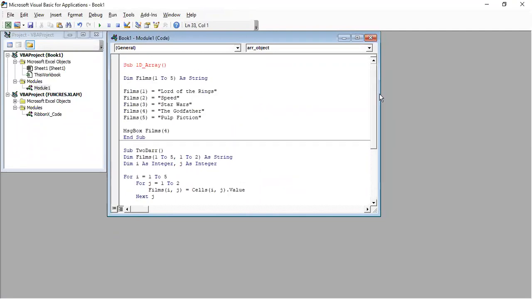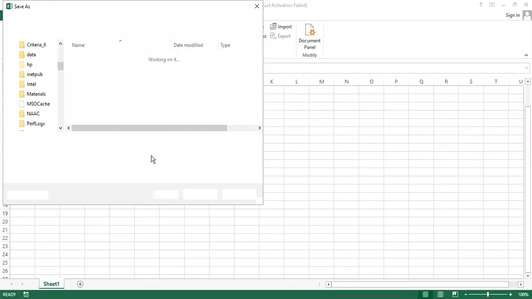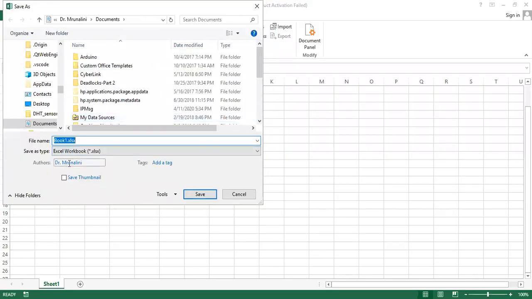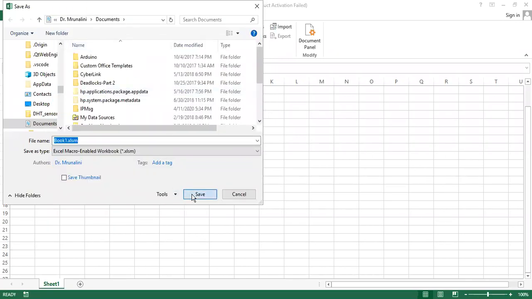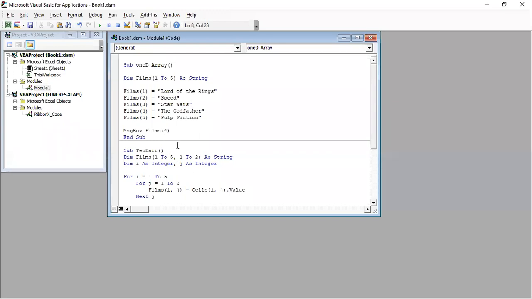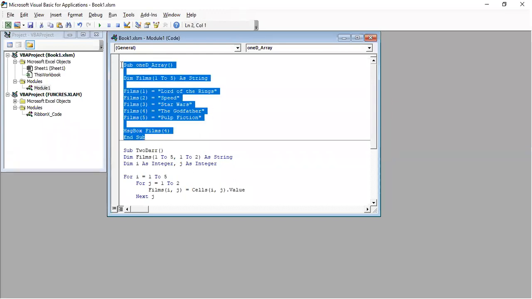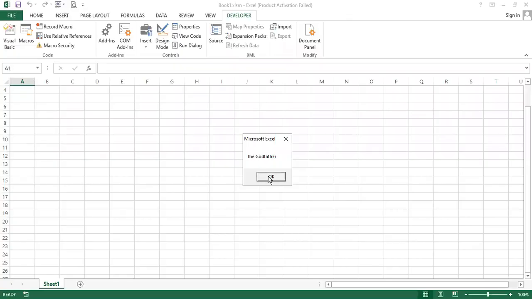Okay, so let us run each example. I'm taking the first subroutine, our first macro. I'm selecting this. I'll run from here.